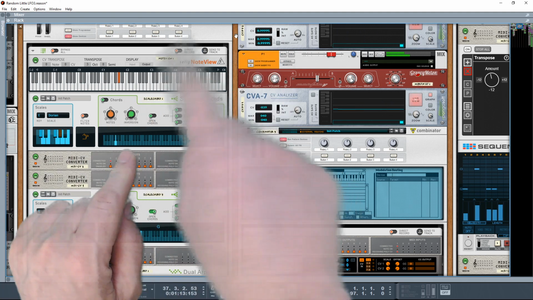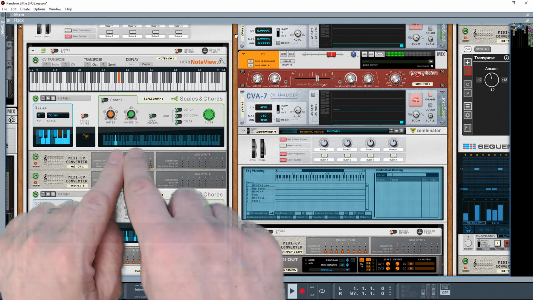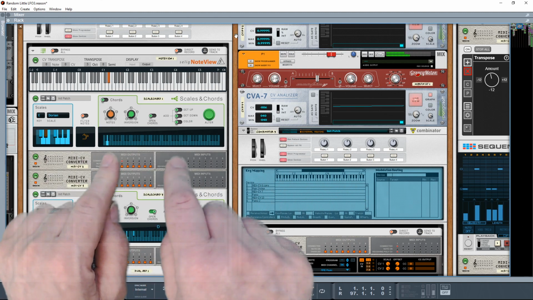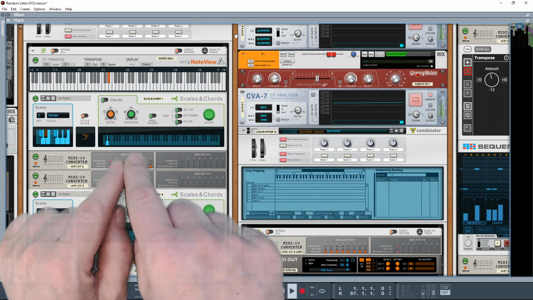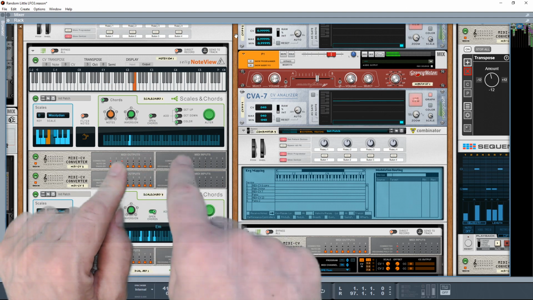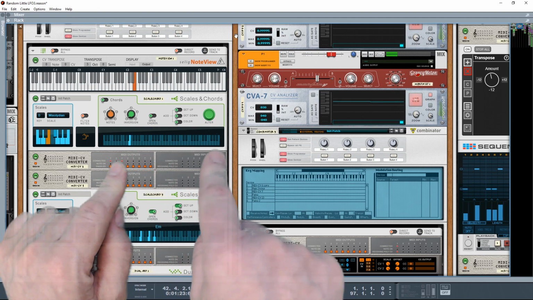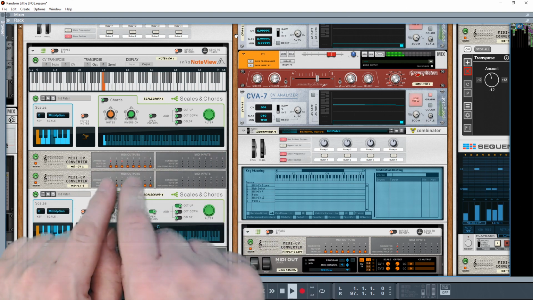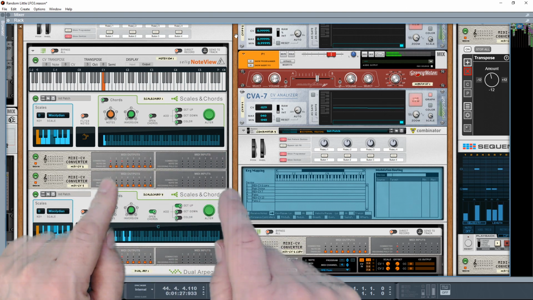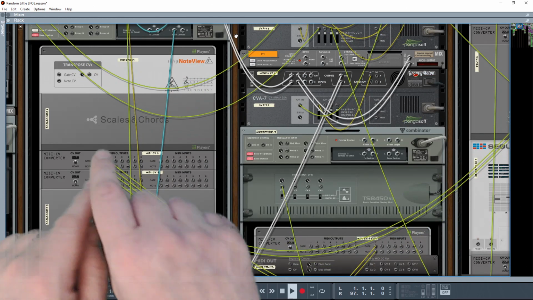So we've randomized, come through, and we've got a single note. We're hitting our first MIDI CV converter, and this goes off to my bass, and it's also going off to the piano. Right below it, I've got another MIDI CV converter, and this might confuse people,